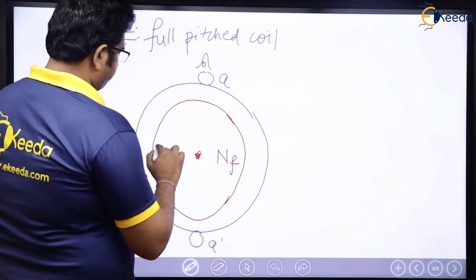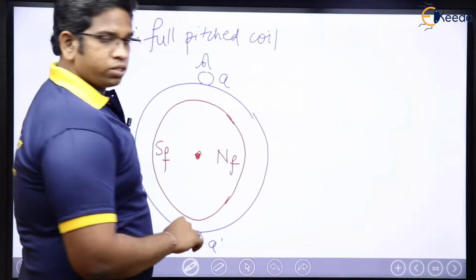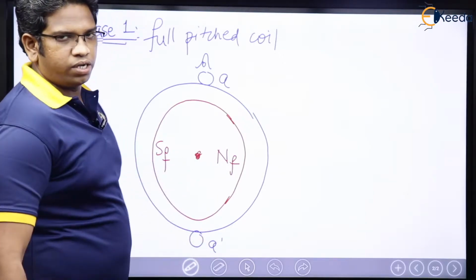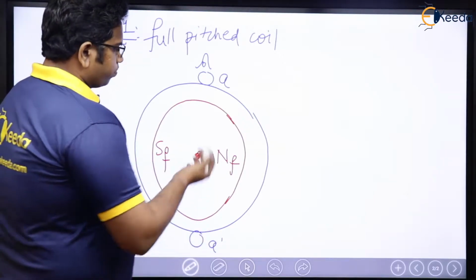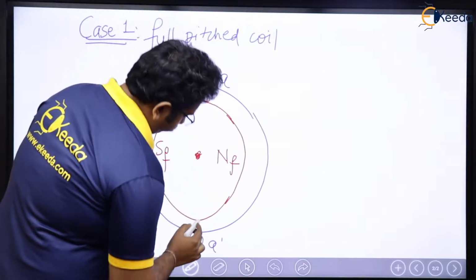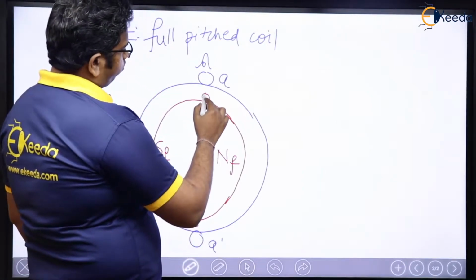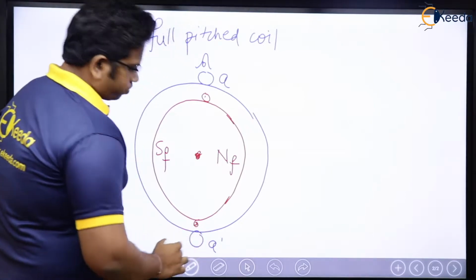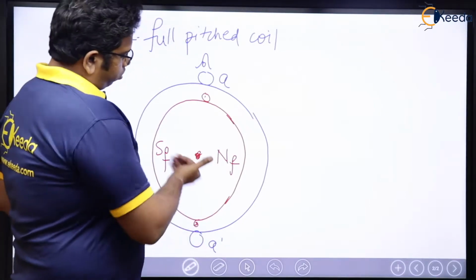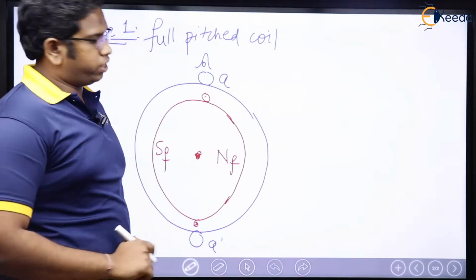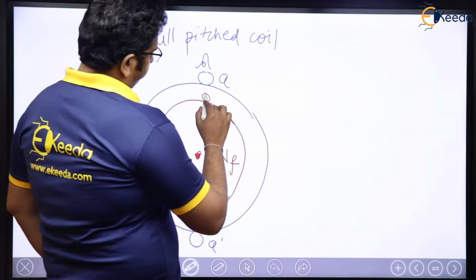This is the rotor. Let me have NF here, SF here. If NF is here and SF is here, the rotor conductors you can take like this, for example, this as dot and this as cross. This is going to be the north pole and south pole, we know that. So let me draw this flux waveform here.